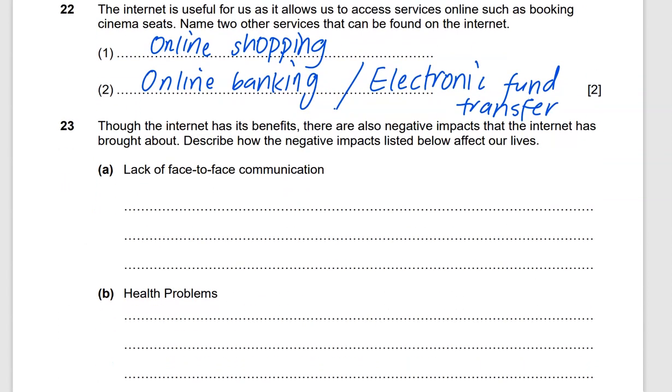Number 23, though the internet has its benefits, there are also negative impacts. Describe how the negative impacts listed below affect our lives. Lack of face-to-face communication. So describe what happens when we don't meet face-to-face. That is when there may be misunderstanding. This may cause